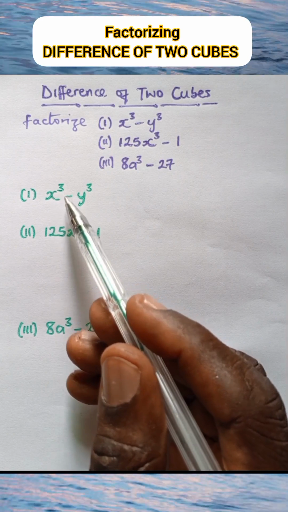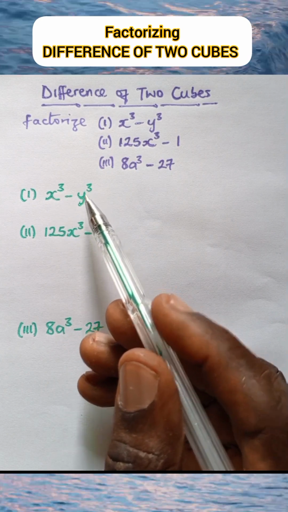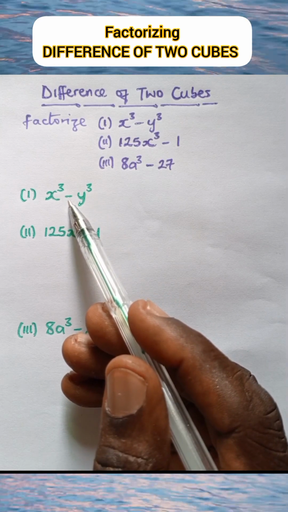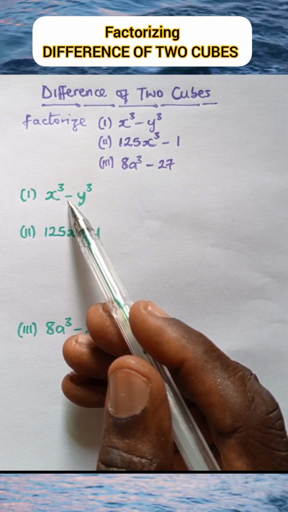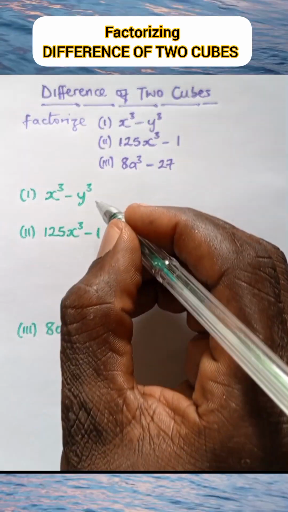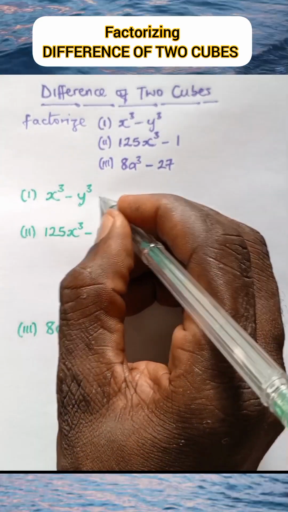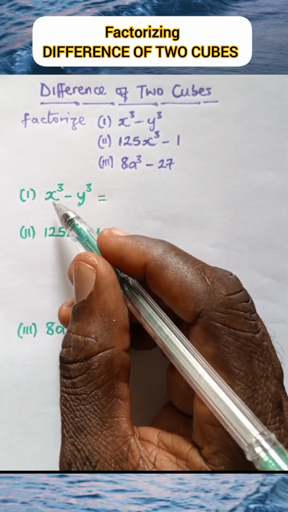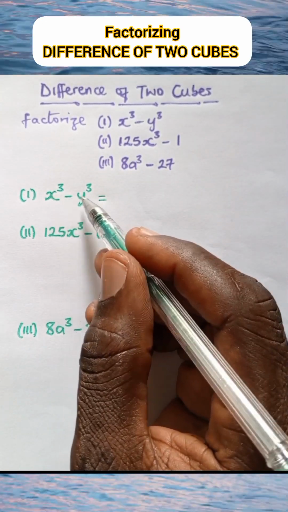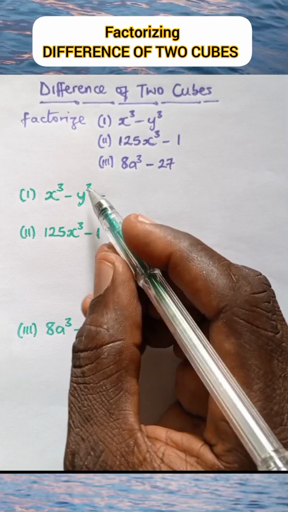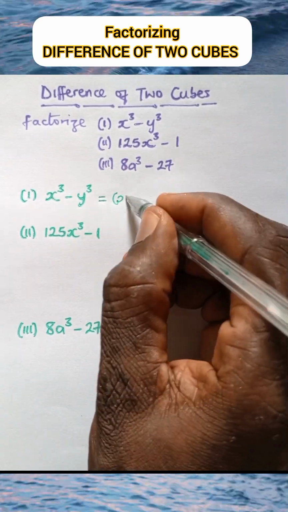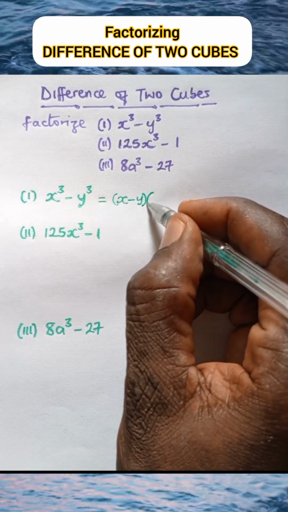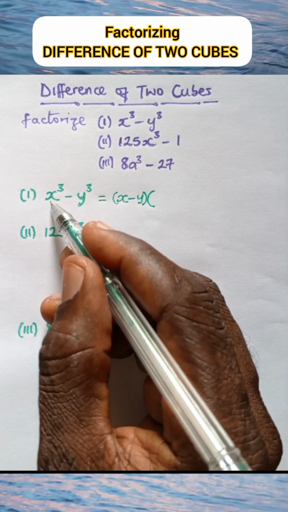x cube minus y cube. When you have two cubes like this, related by subtraction, it is called difference of two cubes. And when difference of two cubes is factorized, the answer usually comes out in this pattern. The base of the first term minus the base of the second term in one bracket, that is this way. x minus y in one bracket, and in another bracket, you will have square of the base of the first